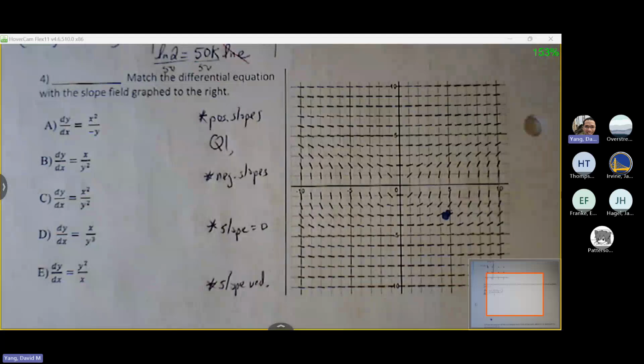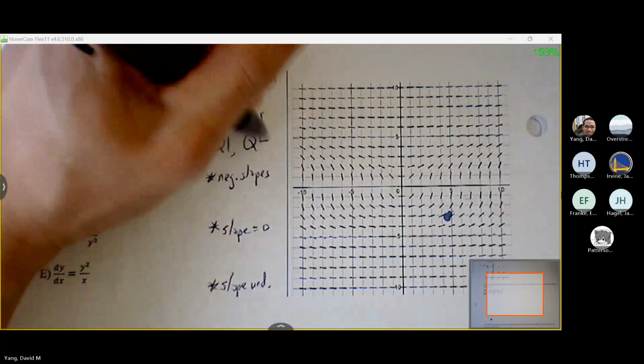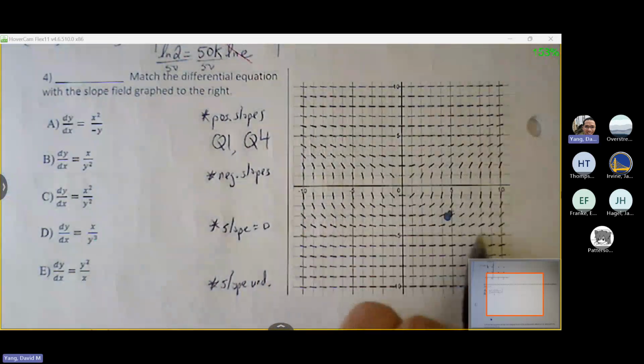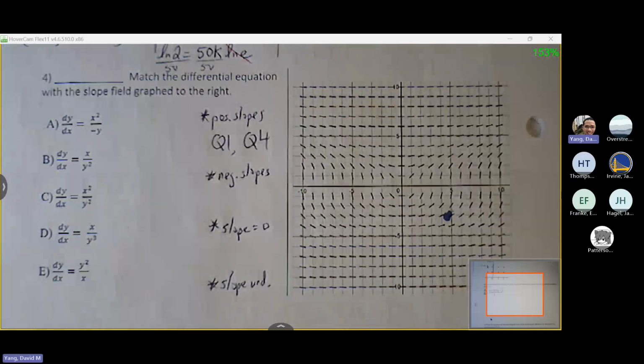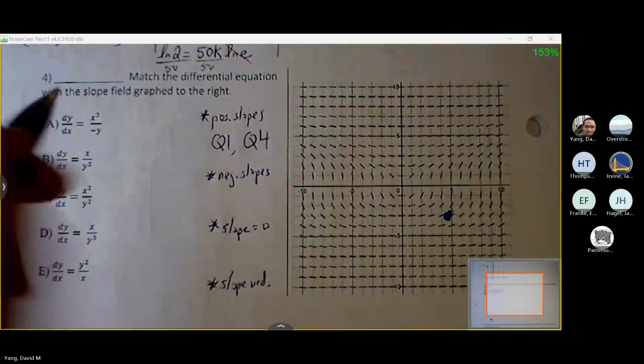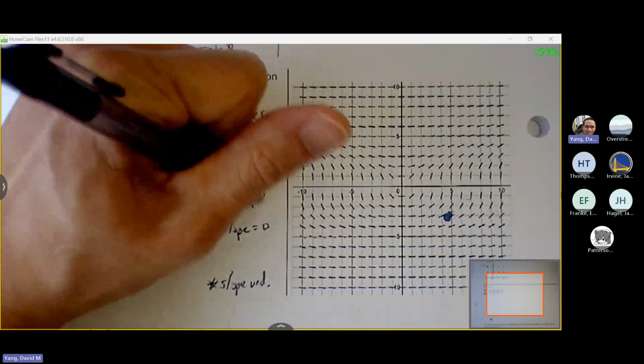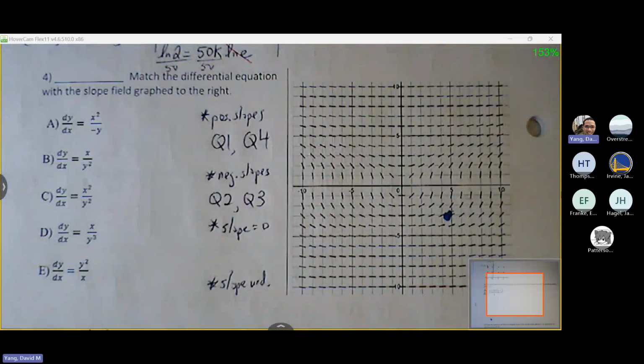Okay, so a positive slope, quadrant 1. Where else do you see positive slopes? Quadrant 4. So that means any ordered pair from quadrant 1 and quadrant 4 should return me a positive number. Where do you see negative slopes? Quadrant 2, quadrant 3. Slope 0,